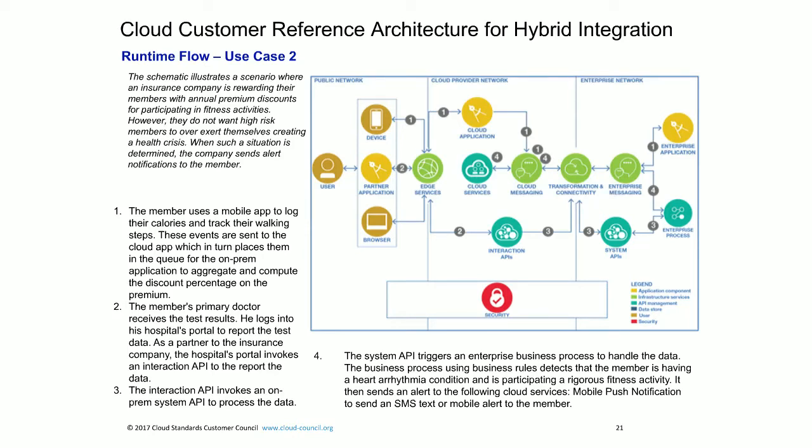that data is then sent to a component. Now, in step 4, the system API triggers an enterprise business process to handle the data, and the business process then uses business rules, which I talked about earlier, to process that data, and it detects that the member is having a specific heart condition, but at the same time is participating in a very rigorous fitness activity, which could prove very risky for the member. And therefore, in step 4,